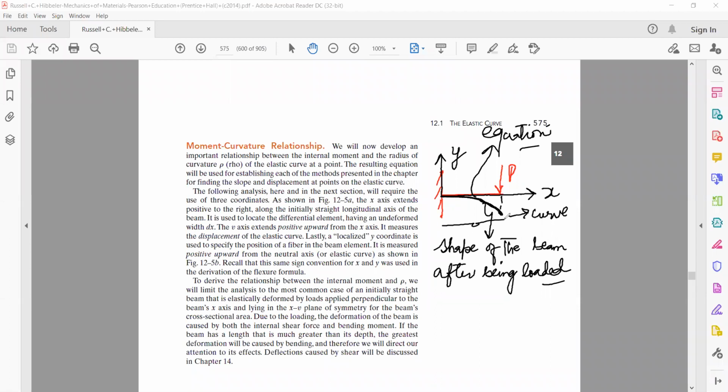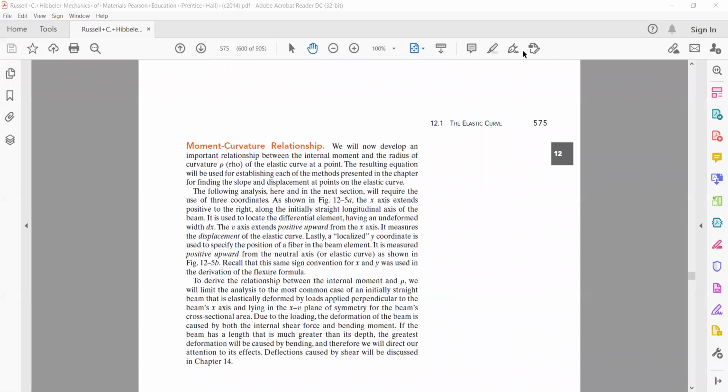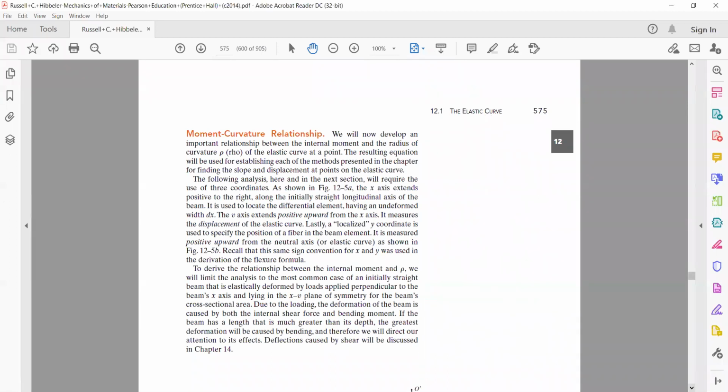Number one, previously we have been relating EI d2 nu by dx2 is equal to M. This is what we have been previously using, where nu is the deflection and M is the bending moment in the beam. When we talk about the moment curvature relationship, essentially we have to derive this equation. So in the moment curvature relation, we will be essentially deriving the equation